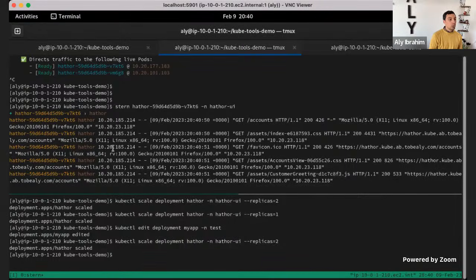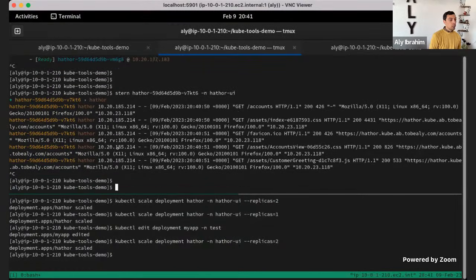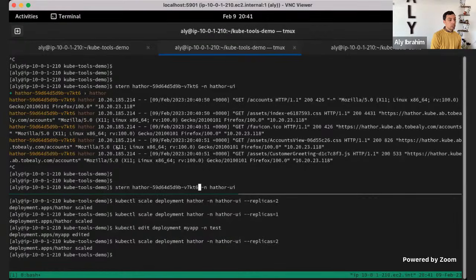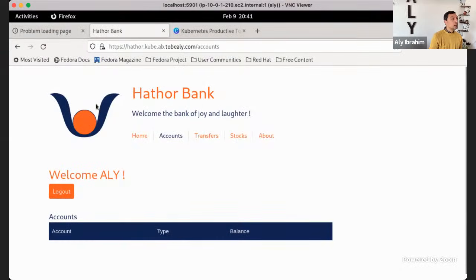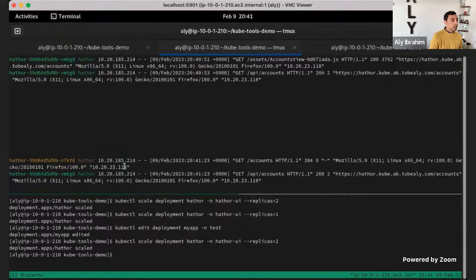But let's say I'm not sure if this is the pod that's serving my application or the other pod. So instead, you can let it check the logs for the whole deployment. With that, you will see that we have two, the yellow pod and the green pod, and it's getting logs from both of them. If you go back and refresh, because it's load balancing, this one got handled by the first pod, and this one by the second pod. Let's just press Control D here. Let's say we change that.